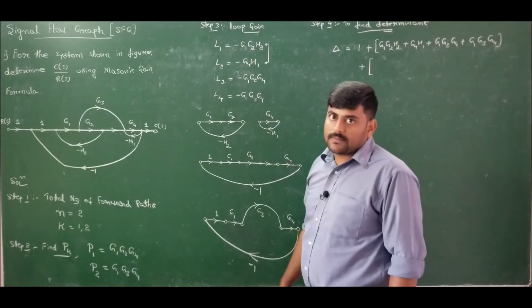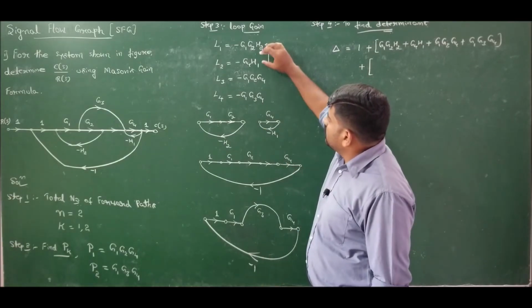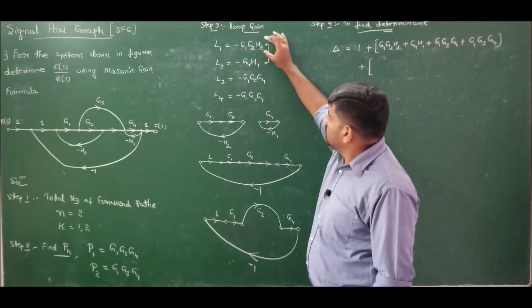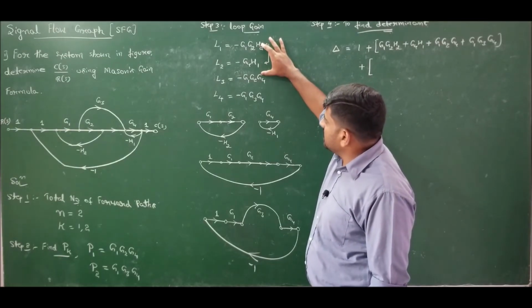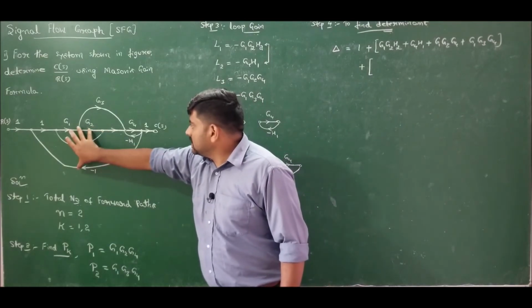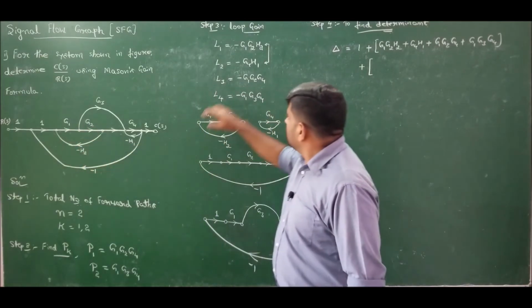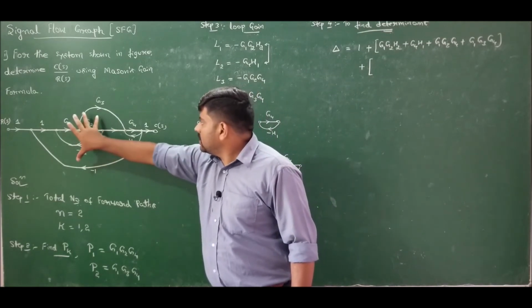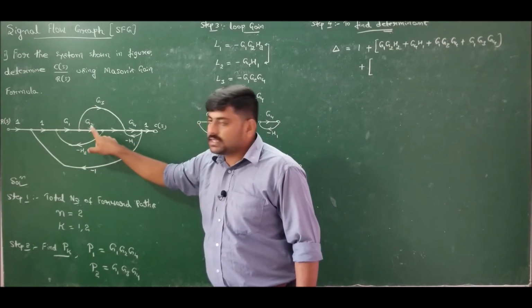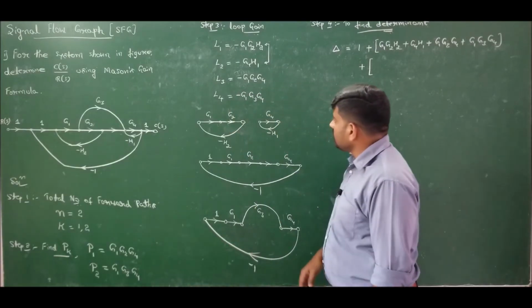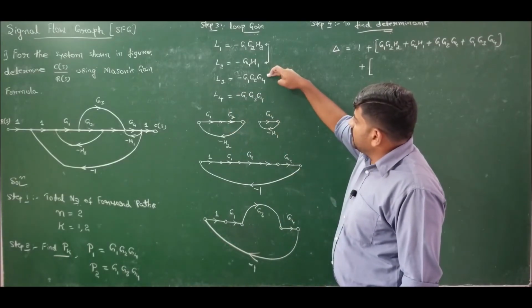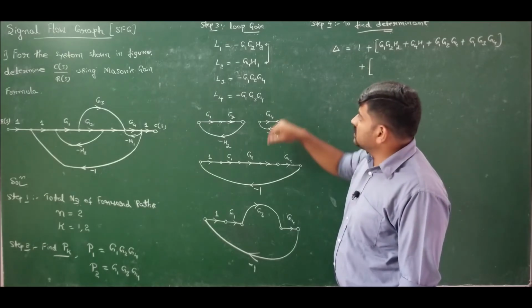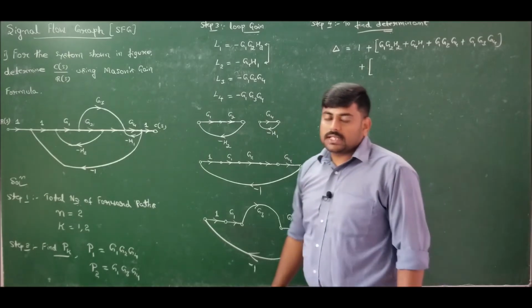L4 are also touching. If you want to verify, take one loop and check with the others. Take L1, check L2: L1 and L2 are not touching. Take L1, check with L3: this is L1, this is L3, so it is touching. Next check L1 with L4: this is L1, this is L4, so here it is touching. Similarly, you can check for L2 and L3, L2 and L4, and finally between L3 and L4. So the only possibility is that L1 and L2 are not touching each other.